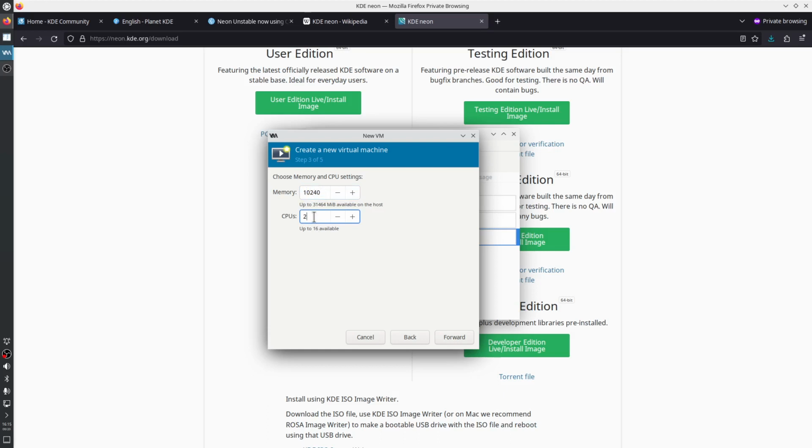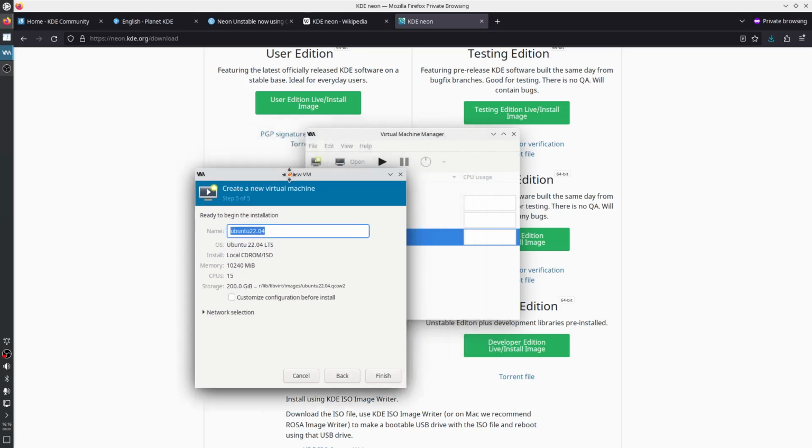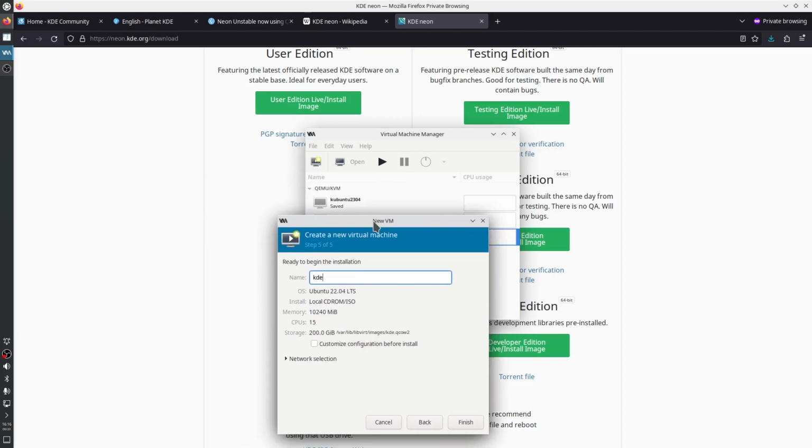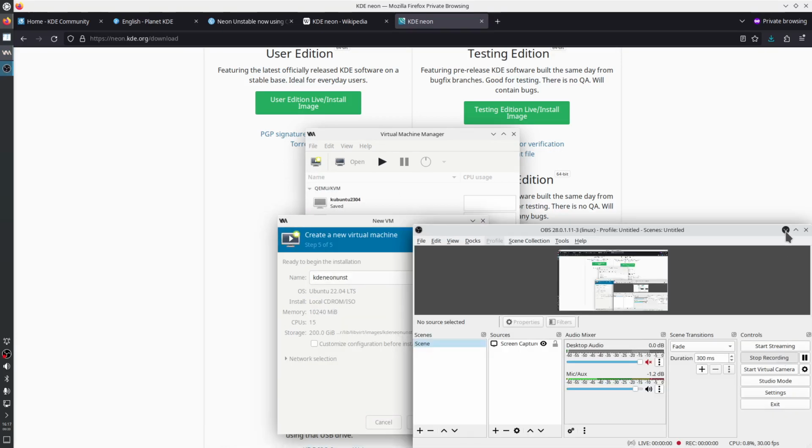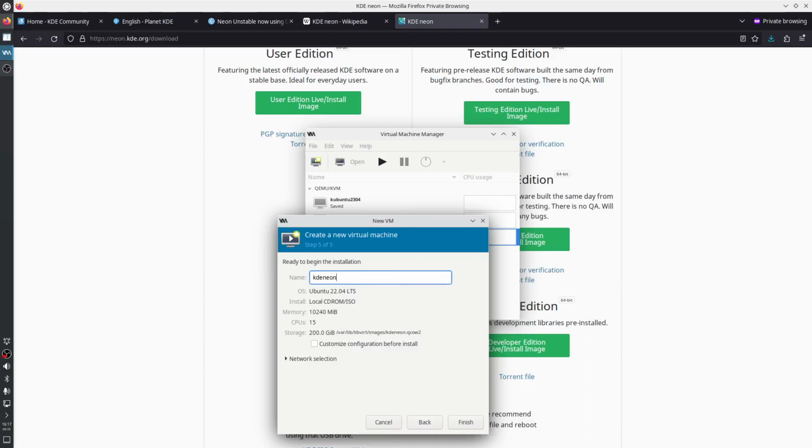10 gigabytes. Let's give it, I don't know, 15 vCPUs. Let's make this one 250. Let's make this 200. Next. Let's name this thing KDE Neon. KDE Neon, customize, default network,